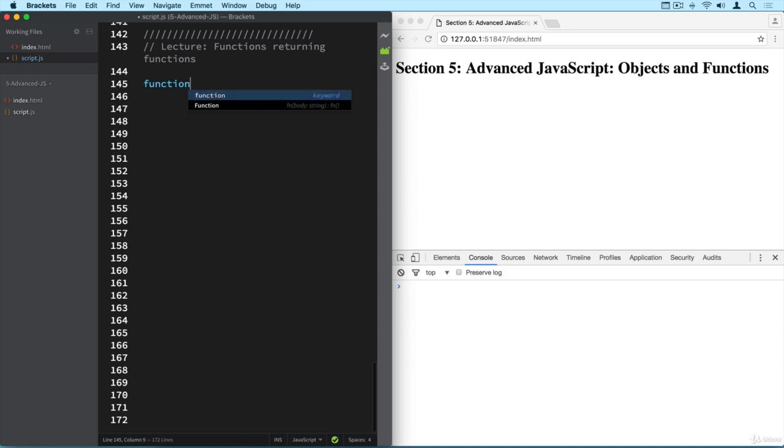So function, let's call it interviewQuestion, and it will accept a string which is a job. And then in here, according to each of the different jobs, we will return a different function which will then log a question to the console. So we're going to do an if-else statement here. So if the job is designer, okay,